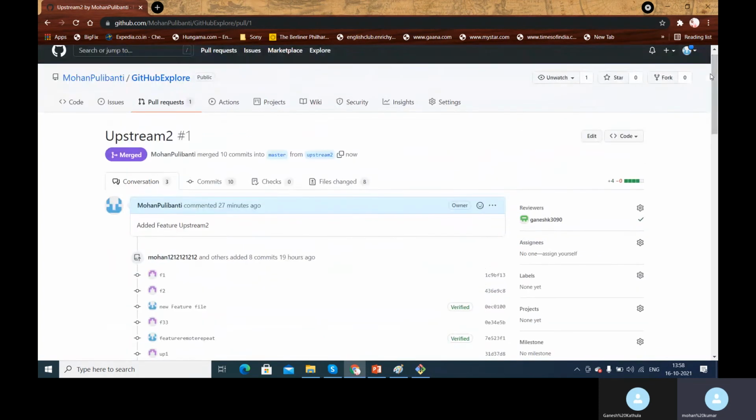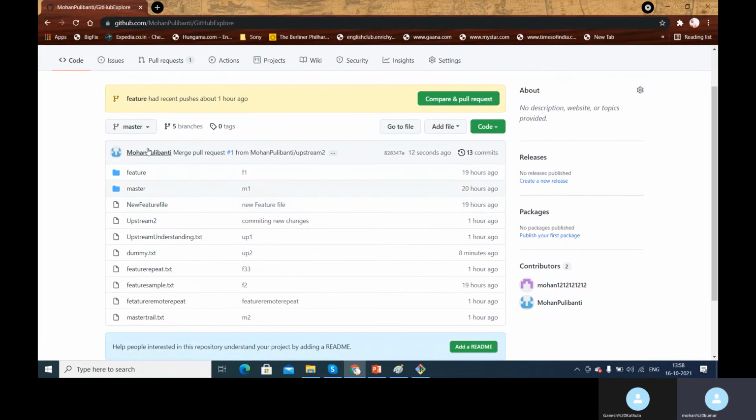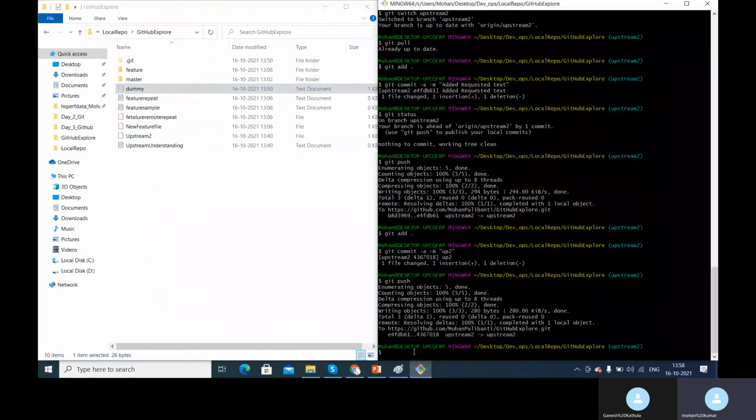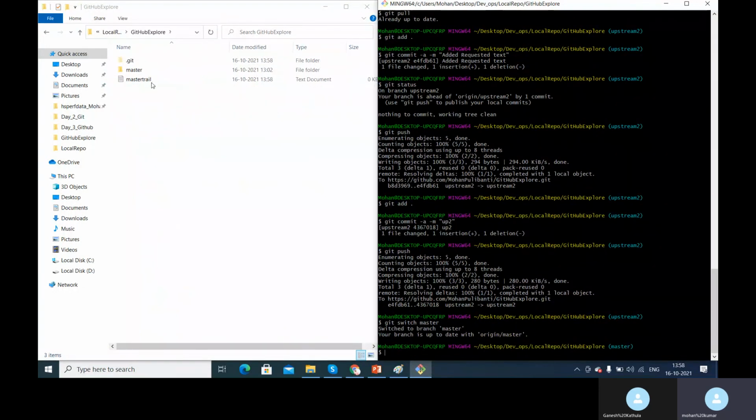So if I go back to my code now, whatever changes are there on the file, earlier in the master branch we had only a few things. You can see that on the local repository as well. If you switch to the master branch, you don't have all these files. We have only very few files, like one or two files. If I switch to the master branch, only these files are there.